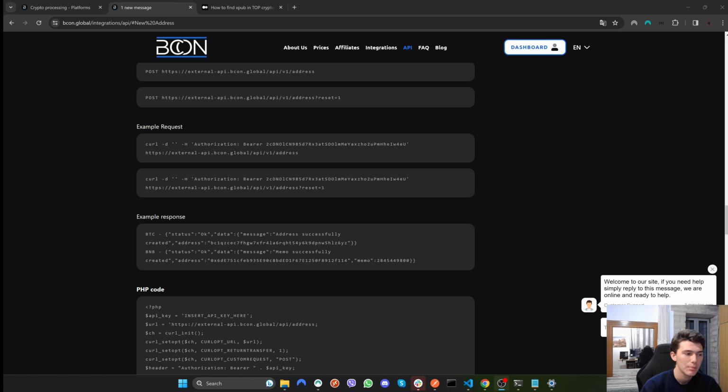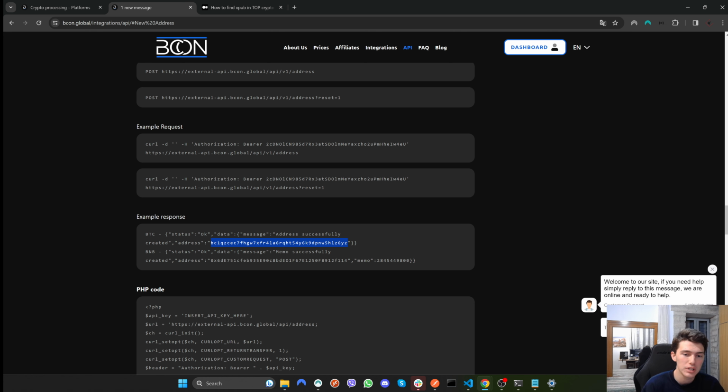Now, once your client sends an amount on the wallet you created, what BCON Global will do is send a callback, or basically we will set up a webhook, and BCON Global will send data on that webhook every time we receive a payment in any address we create. And what that webhook will include in terms of data is the transaction ID, the address that was used for the payment. So essentially in a real world application, you'll be saving that address, and then once you receive a webhook, you will cross-reference the address on your database, so you are able to see for which user was this